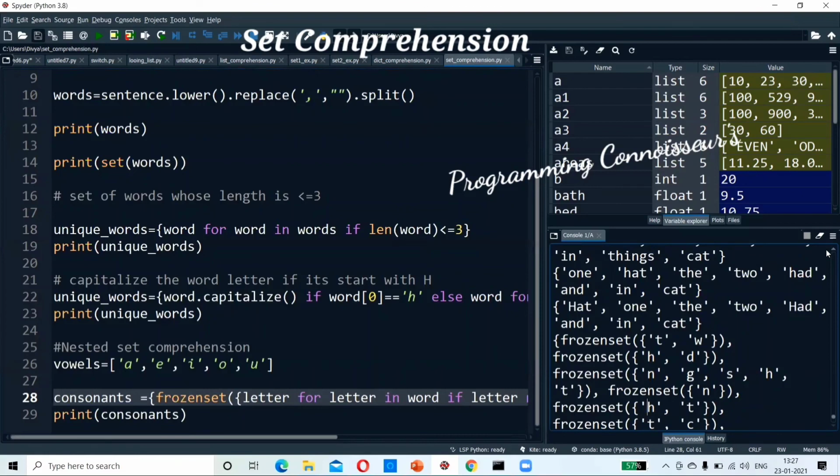First we took a set of words. Then we took a word, and from that word we took every letter. From those letters, we removed all the vowels. Are you clear? And once again, if you want to do a nested set, one set should be a frozen set. That point you need to remember.